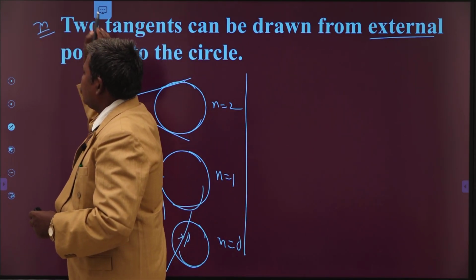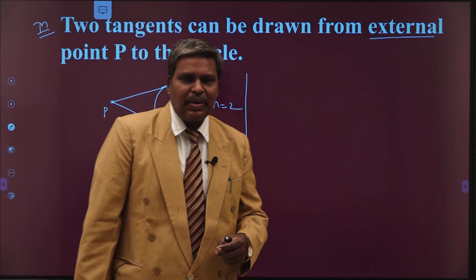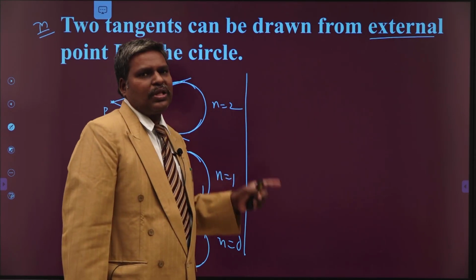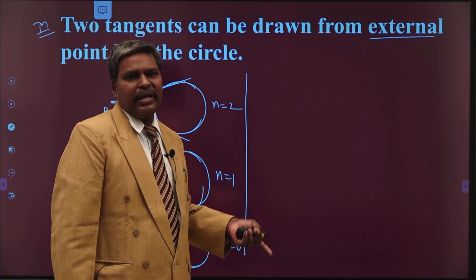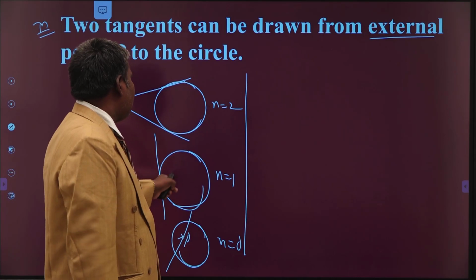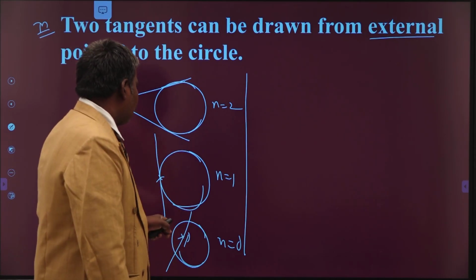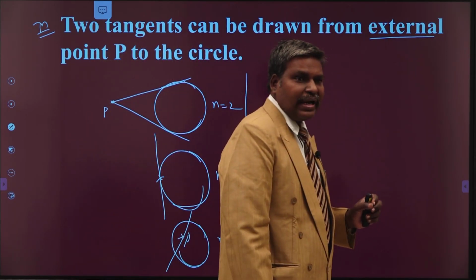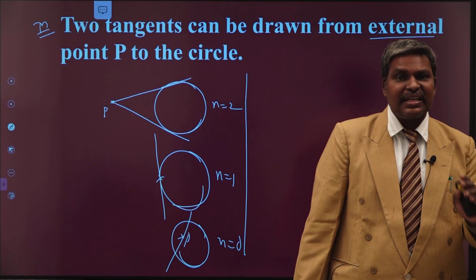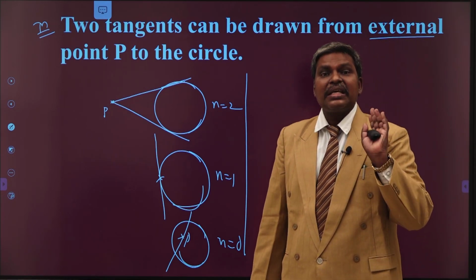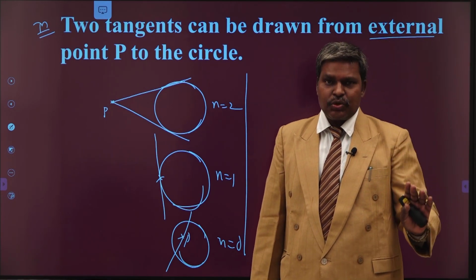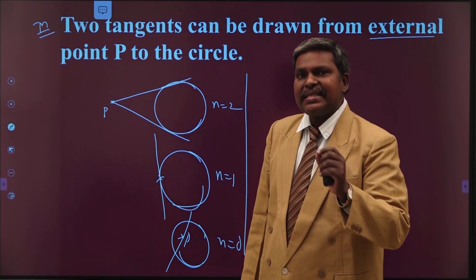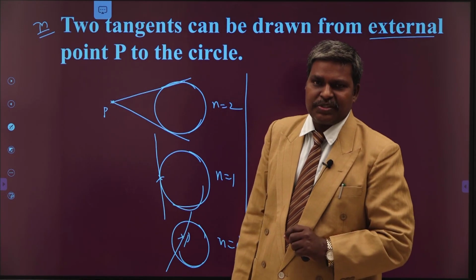What is the theorem? 2 tangents can be drawn from an external point to the circle. In the same manner, 1 tangent can be drawn, that is the tangent at the point, only when your point lies on the circle. If your point is inside of the circle, there is no tangent through that point. You can draw an infinite number of tangents at infinite points on the circumference of the circle, but that is another story. Writing the normal through the point when it is inside of the circle is not possible, I am saying here.